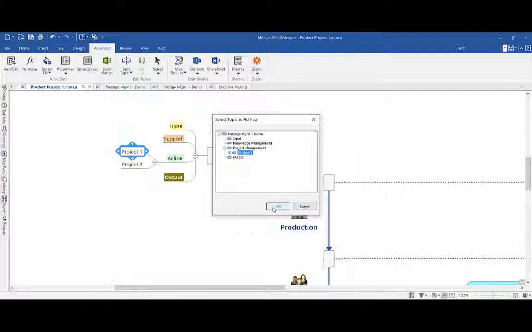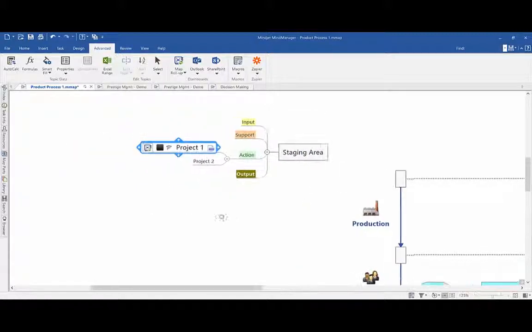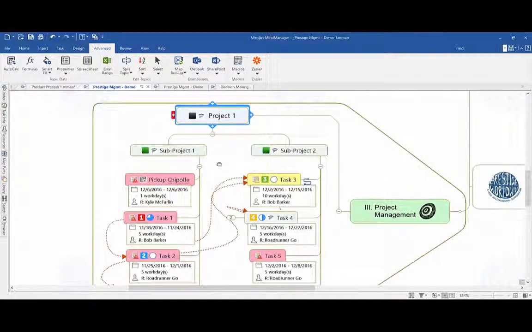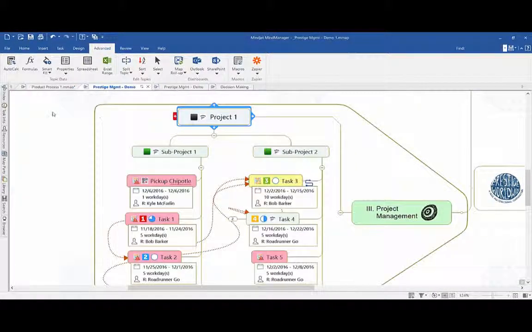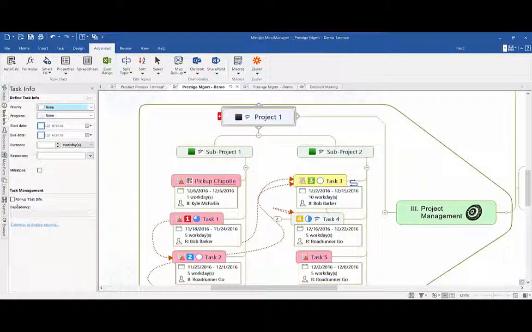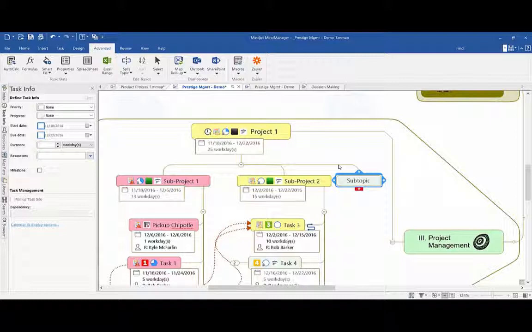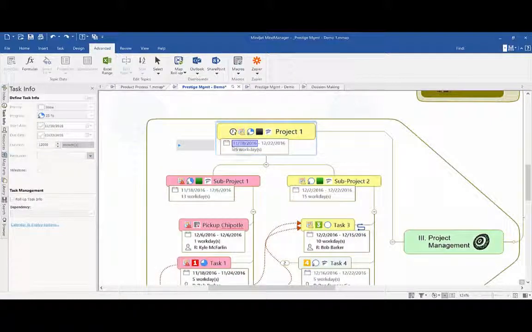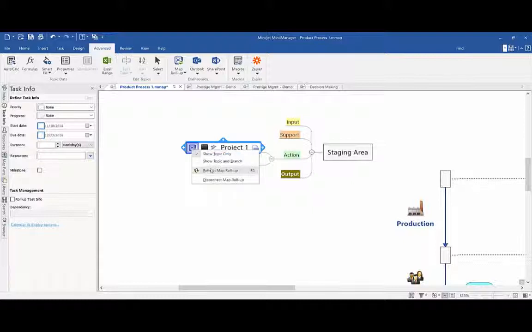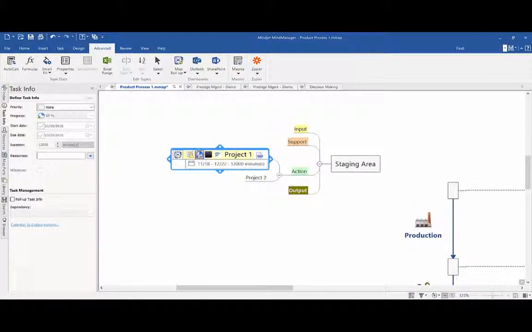Now I'll select Project 1 and OK. All right, and we're now syncing to this map. One thing though, in this case it's probably going to benefit us more to come over here to Task Info and roll it up so we can see the overall status of the project plan here. Whoops, didn't mean to hit that. Okay, and then if I come back up to here, right-click and refresh it,